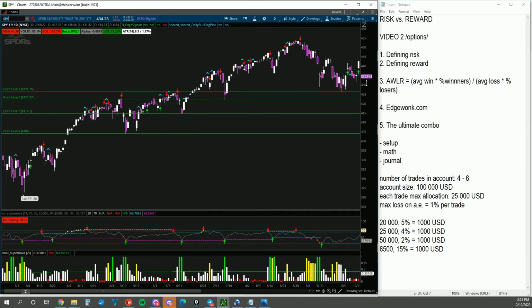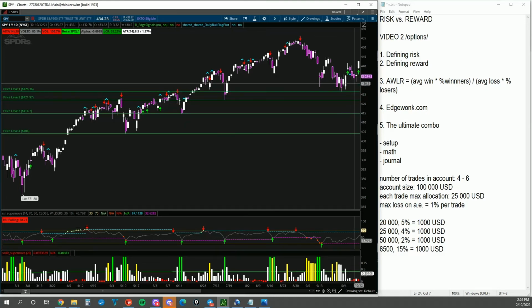this, and you have a choice. You can either play the breakout or you make a put credit spread. And this put credit spread you select because this is support. Definitely this is support. You see, we go down, we make a nice wick, we gap up. This is support. Instead of buying here on the breakout of this candle, you can just make a put credit spread 430 to 425, and this way you're betting that the price will not go